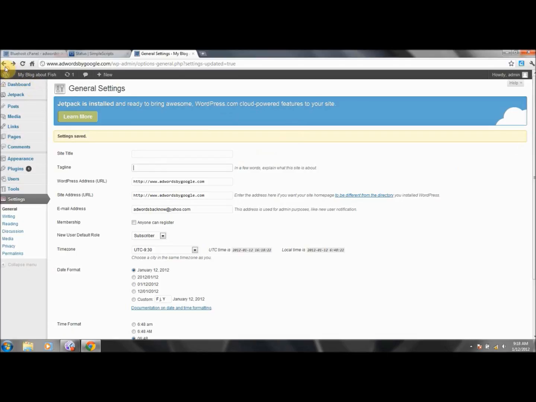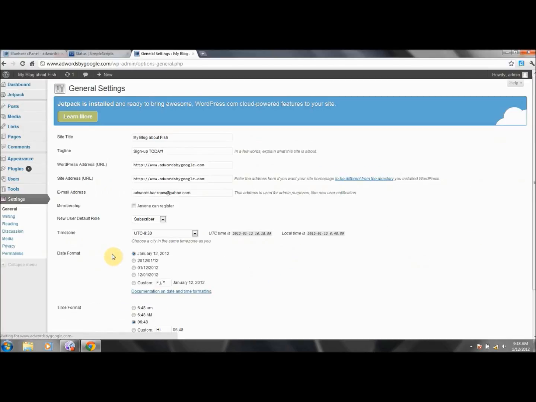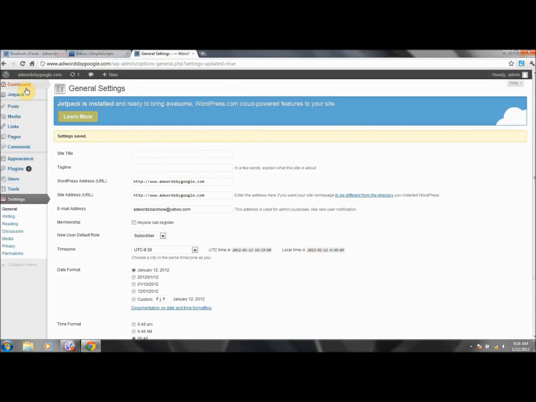The next thing that we are going to go into is we'll double check this real quick. My blog about fish. Let's get this out of here. That's why you double check. You saw a save, but it didn't save it, so it defaults back to our assigned simple script install. So when we go back to this, the next thing that we will do is we're going to deal with